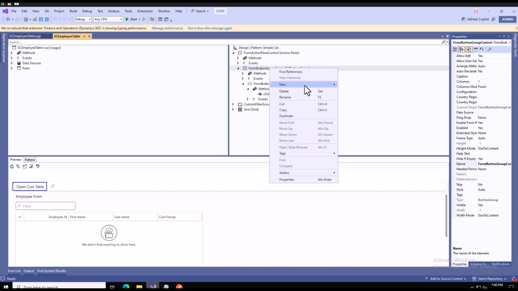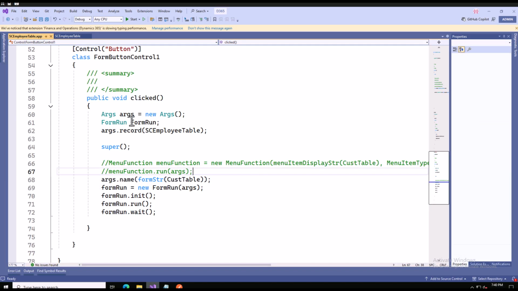If you click on this button group, you have this menu item button and menu item, so you can leverage that as well. And now the second way, the normal X++ way. Here also we need an argument, but we need to declare a form run here. And then inside my argument, I pass my form, like which form I need to open. Then I initialized, or simply created an object of my form run, and I pass my argument here. Then I call this init method, which will help me to initialize. This will run my form, and then I need to call this wait function, else